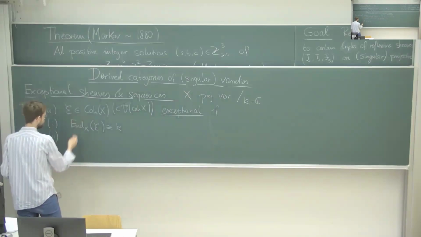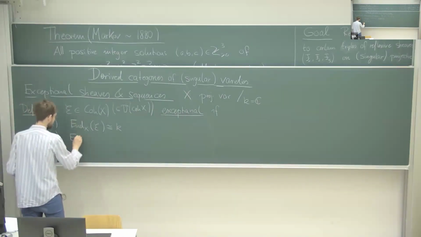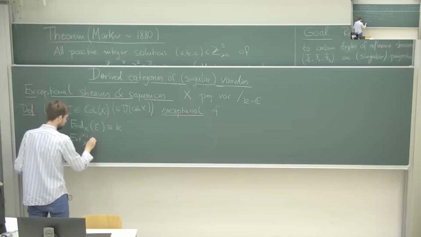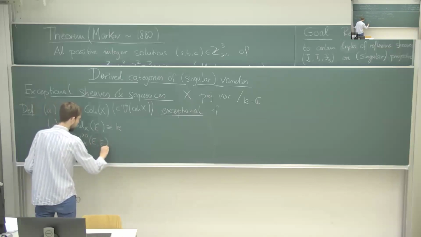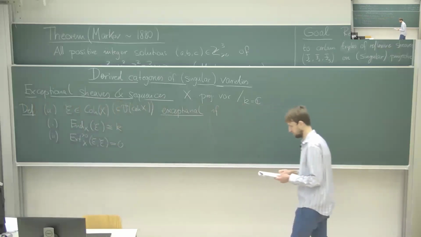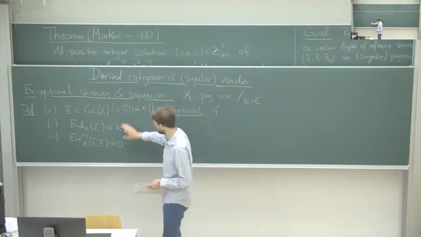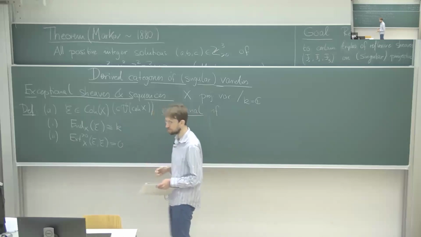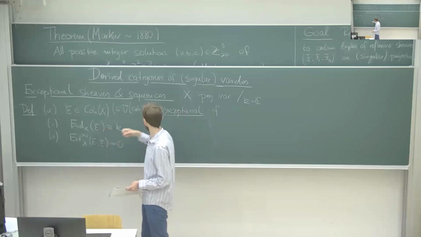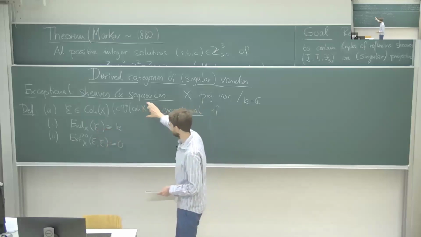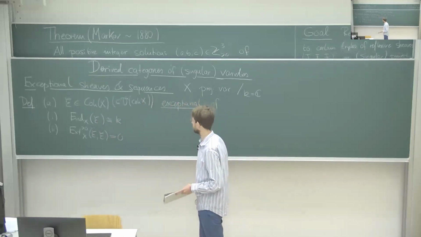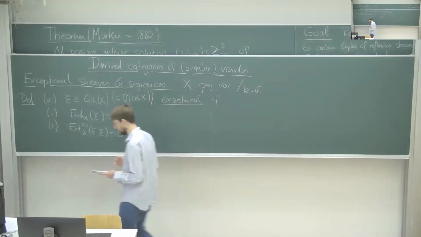extensions. Since we have a sheaf, these extensions will all be positive, if there are any. And what we require is that there are none. All positive extensions vanish. And so these two conditions together mean that the graded endomorphism ring, the endomorphism ring of this object inside the derived category, is minimal. And so this is certainly an exceptional property, and in most